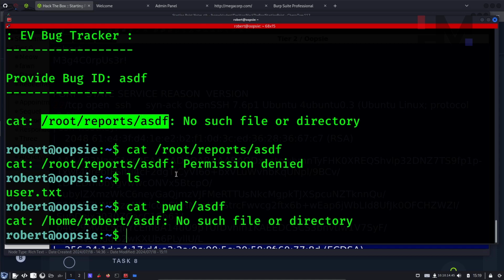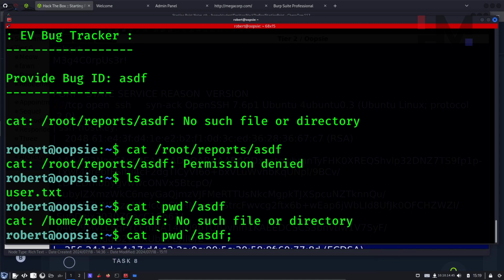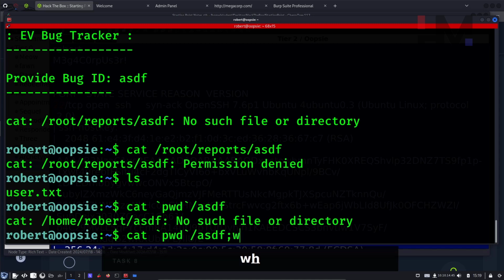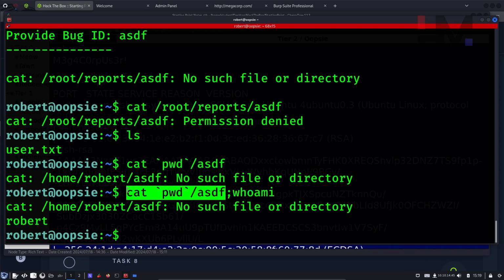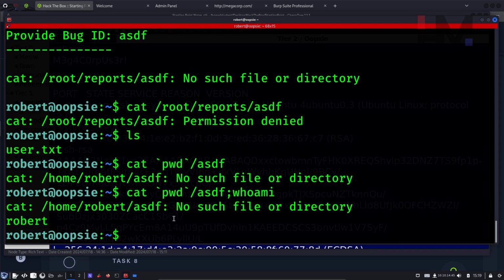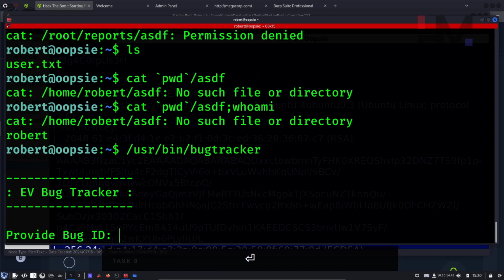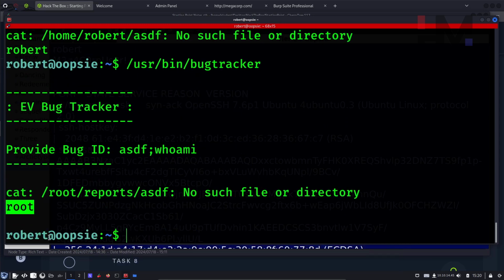So if the cat command is being executed, then we can use a small trick: end this cat command and execute our own command. Let's say whoami, and as you can see, this command executed right here and this command executed right here. Let's try the same thing with the bugtracker. Let's paste it, hit enter, say asdf and whoami. It says root, which means whatever command we execute right here, we are executing as